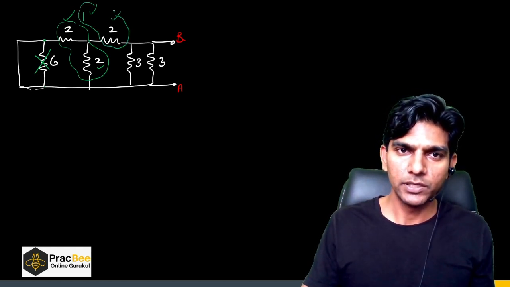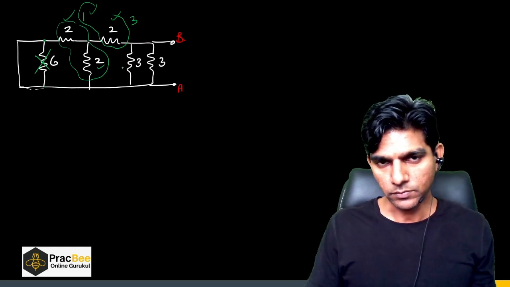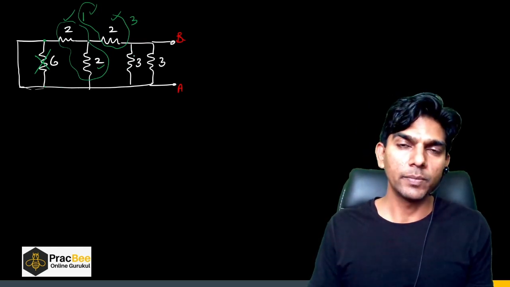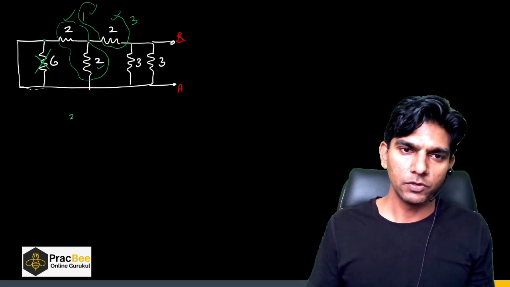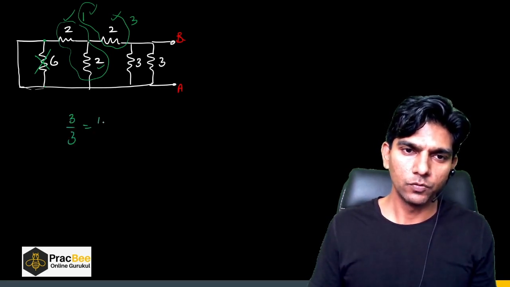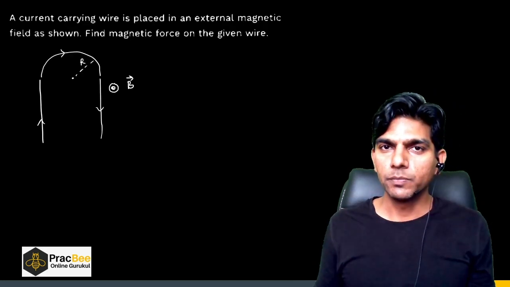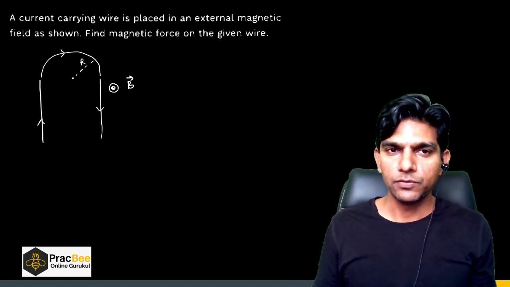Now these two will become 3. Now we have 3 resistors which are 3 ohms each connected in parallel. So the answer will be 3 by 3, so it will be 1 ohm, right? A very basic question. Now the next question is from magnetism, where we have to find the force experienced by